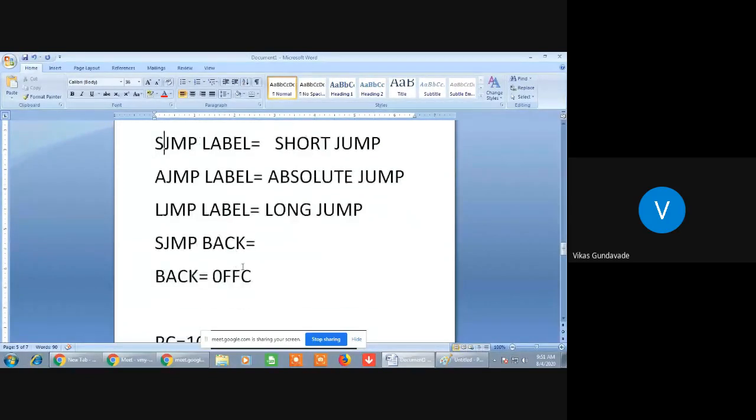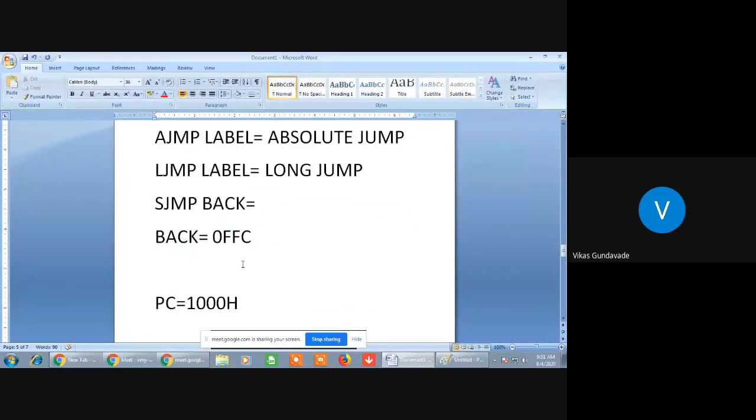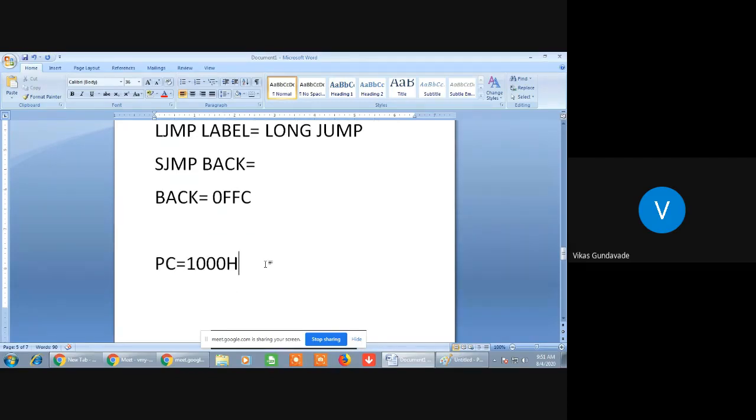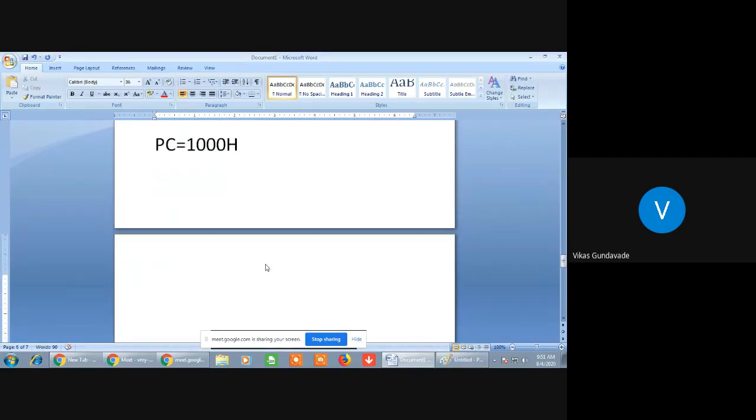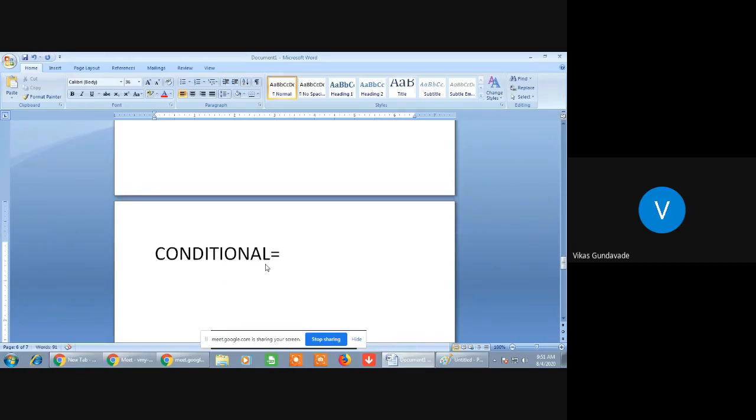So these are simple unconditional jump instructions. Now we will see some conditional jump instructions.